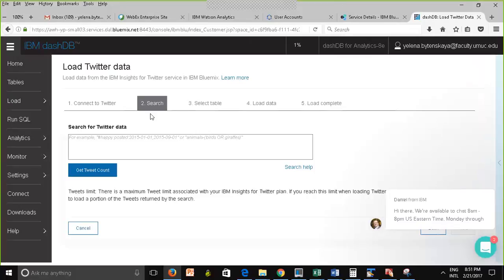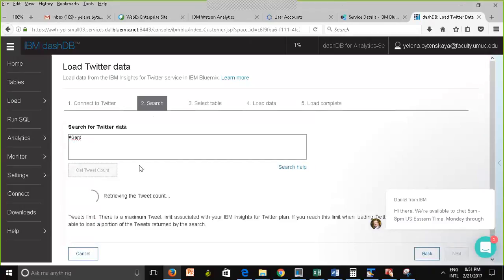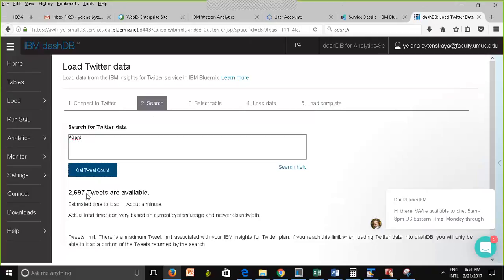It's called search. So what we need to do here is enter the search criteria, the topic of interest. Like, for example, I want to search something about the Giant store. I'm just giving an example. I just entered my criteria, put a hashtag, and typed in the criteria. Now I'm going to get the tweet count. And the reason I'm doing it is that I want to check how much data it's returning, right? Because if it's returning way too much data, I would have to click on a search help, and find a way to narrow down my criteria or something like that.